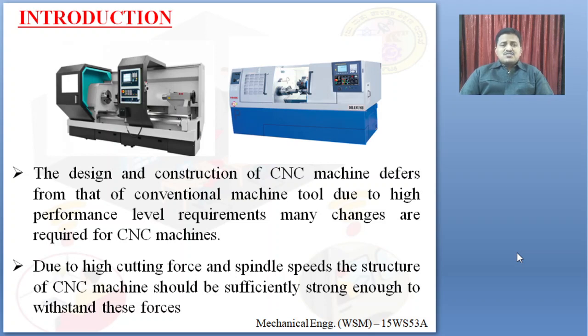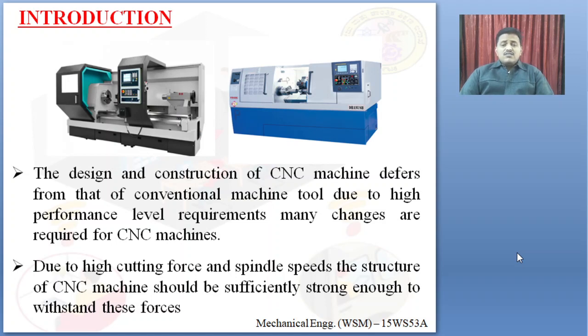So the structure of a CNC machine should be designed in such a way that it has to withstand all the different types of loads coming out of the machine, which act directly on the machine tool. At the same time, it should be robust in construction. Also, CNC machines should be capable of performing a variety of tasks, and should be flexible for manufacturing any kind of thing.